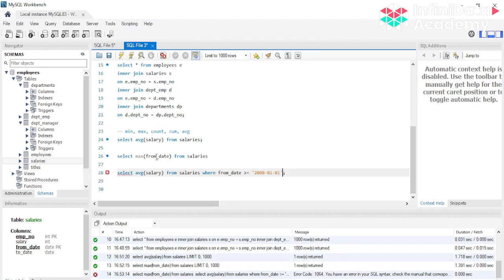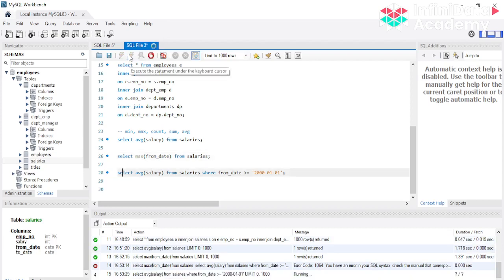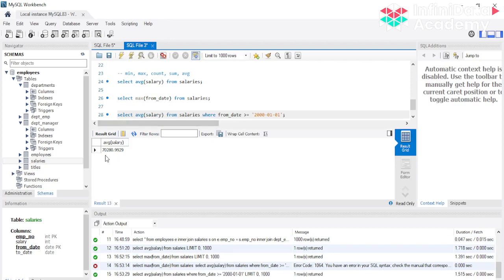Okay, there seems to be some error in the code. Okay, above there was a semicolon missing, so it took it as a single query. The upper one, the lower one. Okay, as you can see here, now the average is around 70k. For all employees after 2000, the average salary is more than 70k, right? But let's say this is a very generic, simple value. What I want is to see the department-wise salary of employees. As you can see, the department-wise data is present in these different columns, different tables.